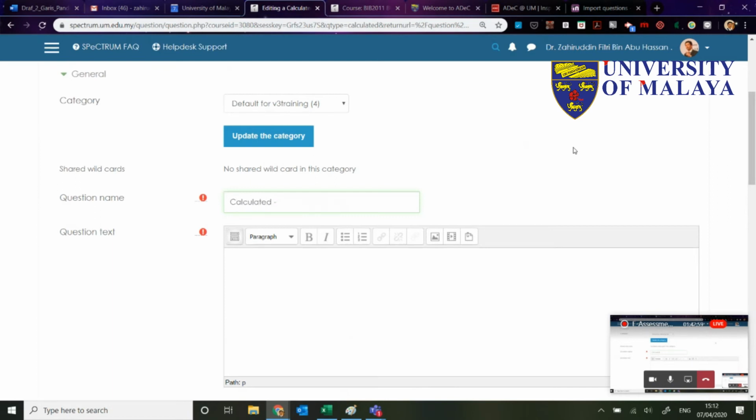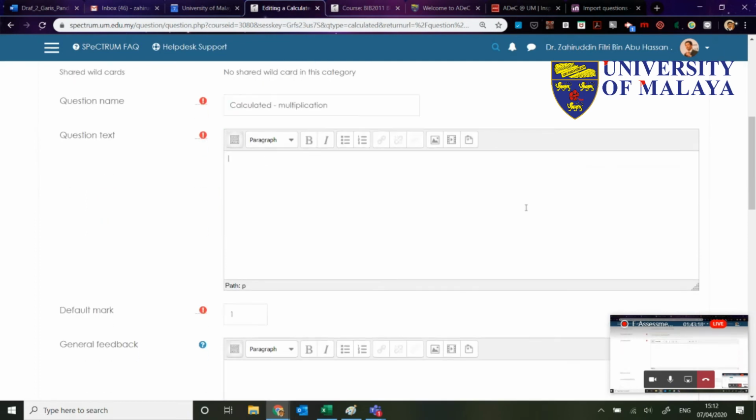So let's go with multiplication, much easier to show. We can also use other operators, plus, minus, divisions. Okay, so for example, what is